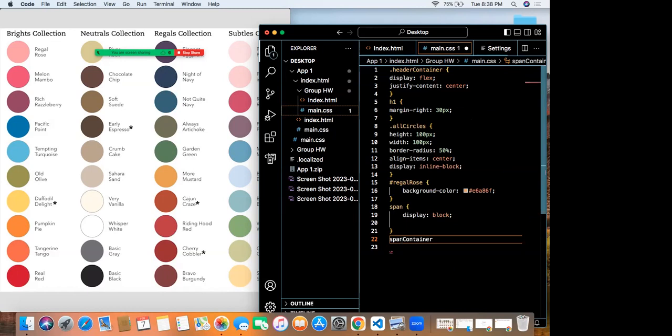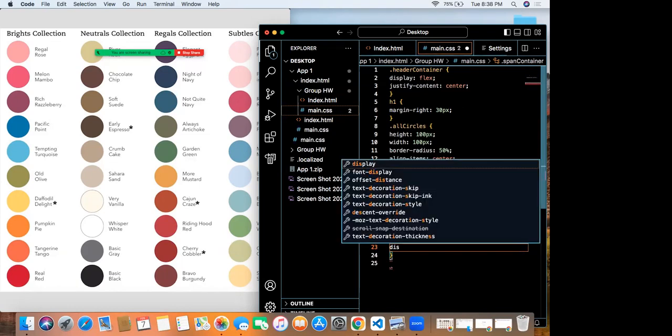Okay. We were doing the same thing this way. Dots in front of span container. Yeah. Okay. And we're going to make the display inline block.